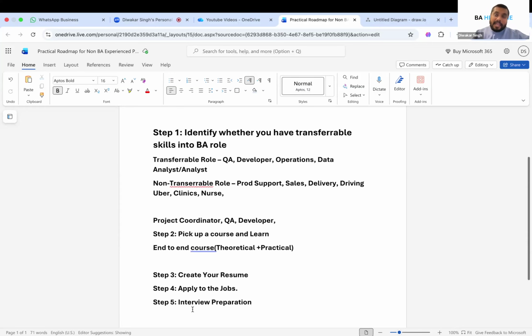As a BA, not as operations, not as a data analyst, not as a developer, not as a QA, not as an XYZ role, as a BA, because you have shown 5 years of experience as a BA. So make sure that your project narration is very good, that means you're able to narrate your project confidently, using strong BA keywords, from start to end, what you have done in your project.